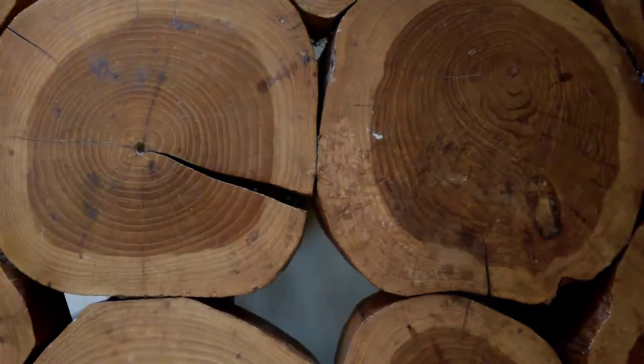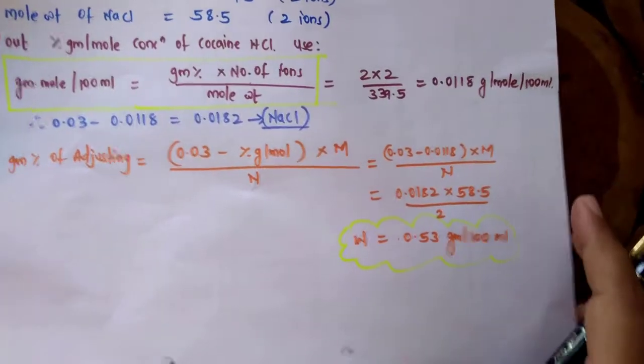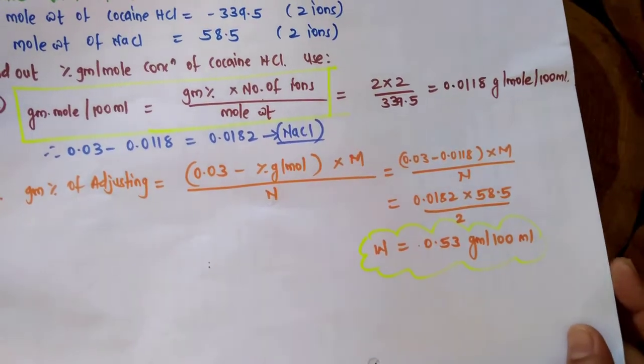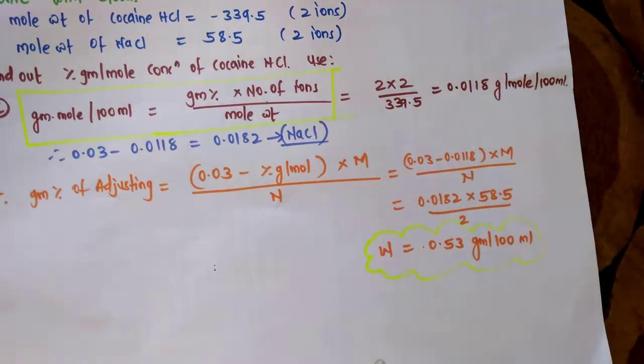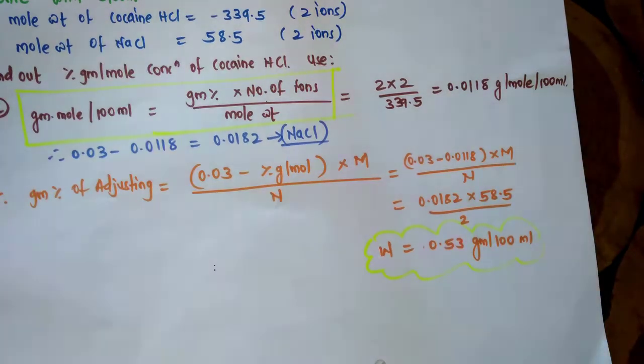So these are also the simplest calculations. Only two formulas you are supposed to remember: 0.03 into M, and 0.03 into M divided by N, for non-ionizable and ionizable. Now here we are supposed to calculate a few more examples. Now this is something which is different than the previous which we have seen. Now what is the difference in this?